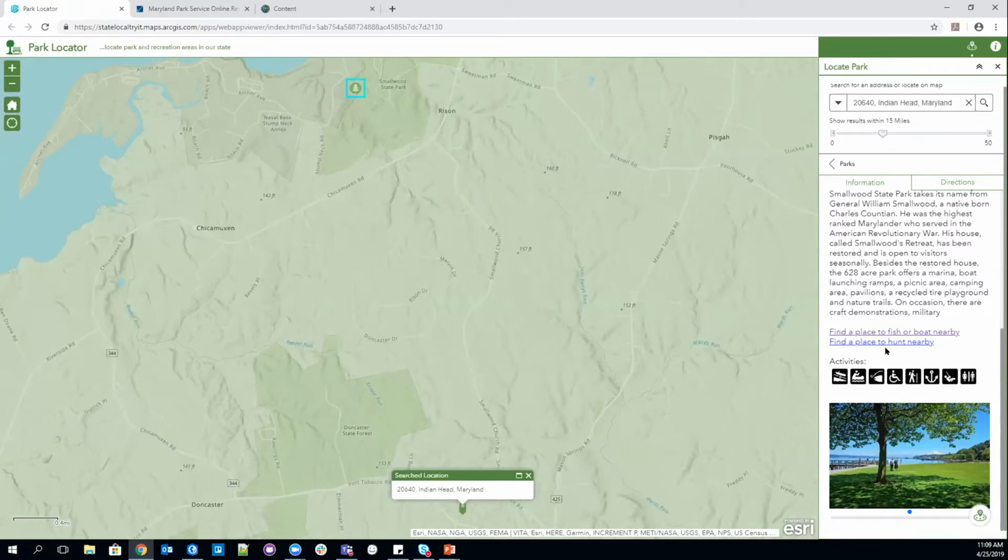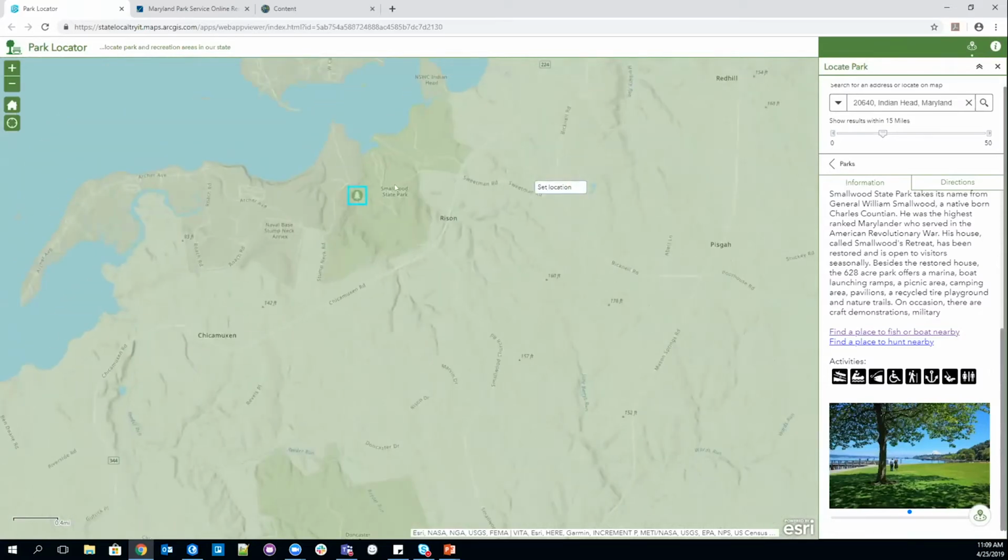So because we're interested in fishing and boating here, well, let's see where we can actually go. Because we know on this map we can go to this park, but where actually do we need to go to launch our boat and such? So if we click on this link,